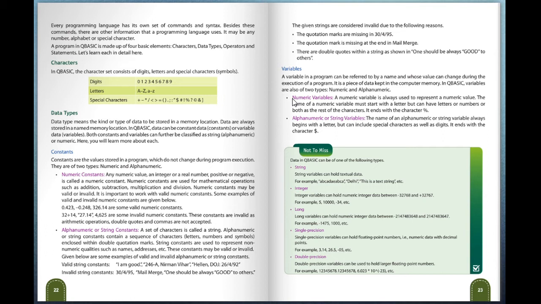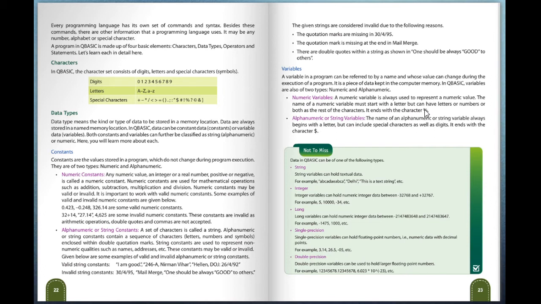So there are two types of variables, numeric and alphanumeric. A numeric variable is always used to represent a numeric value. The name of a numeric variable must start with a letter but can have a letter or number or both as the rest of the characters. It ends with the character percentage.